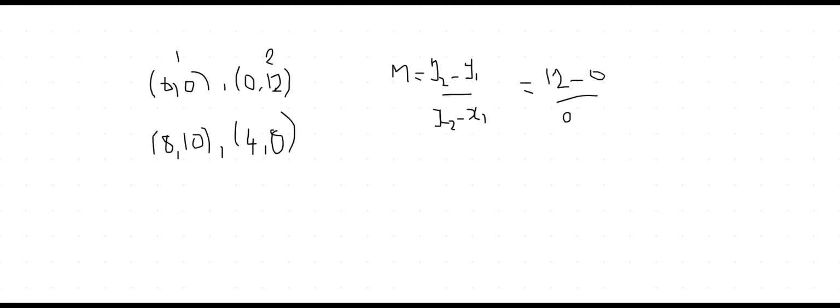This gives us 12 divided by -6. And this gives us -2. So this is the gradient of the first line. Gradient of the second line,